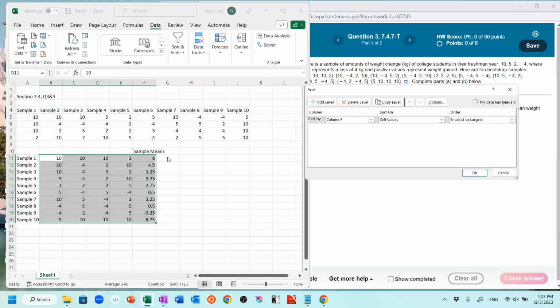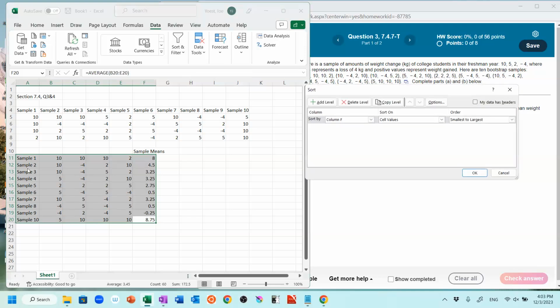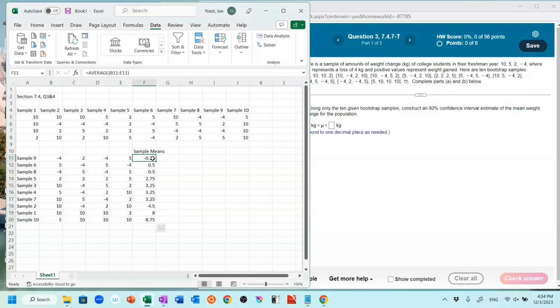We'll sort by this column F, the sample means column, from smallest to largest. We want to make sure we grab all of the data, I suppose. I don't think it actually matters that much, but for good practice, I really should have grabbed that first column too, so that all the data is being sorted properly. And now when I sort, I see I've sorted lowest to highest sample mean, and I've kept my sample